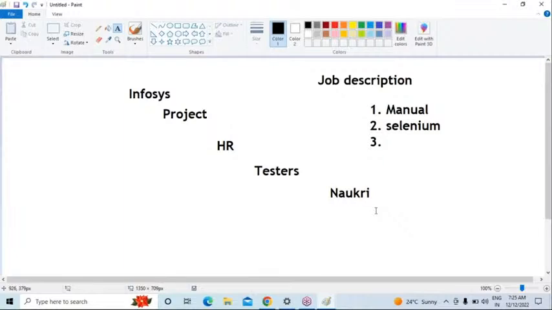They will explain, there is an opportunity in our company, are you interested to join here? Your profile is matching with our job description. Then we can say yes. They will collect the details and schedule one interview. So based on this process only, you are going to be